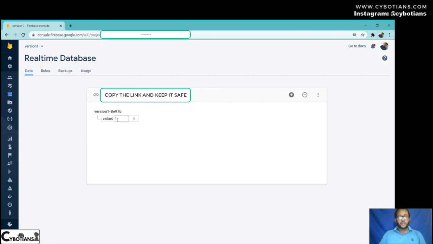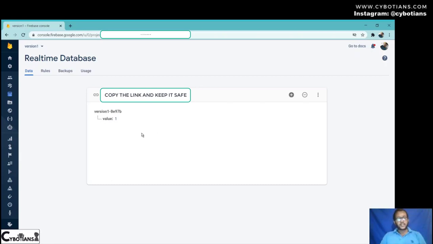In further videos you will be able to access this value 1 through your hardware as well as your web application or your Android application. So this is the medium through which your hardware can be controlled, or you can control your hardware by this.